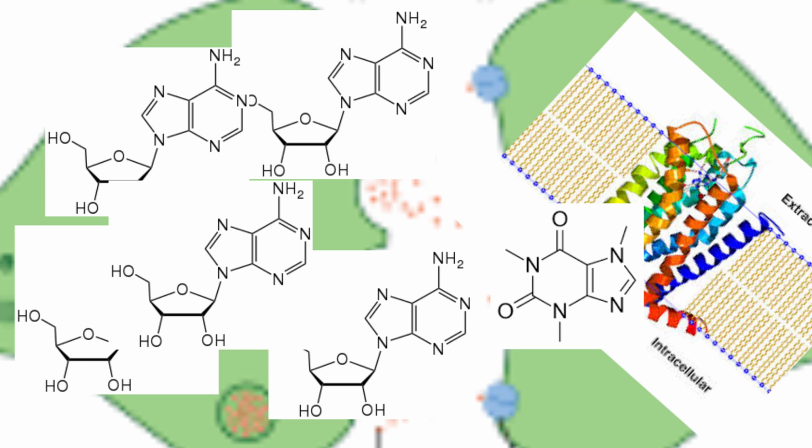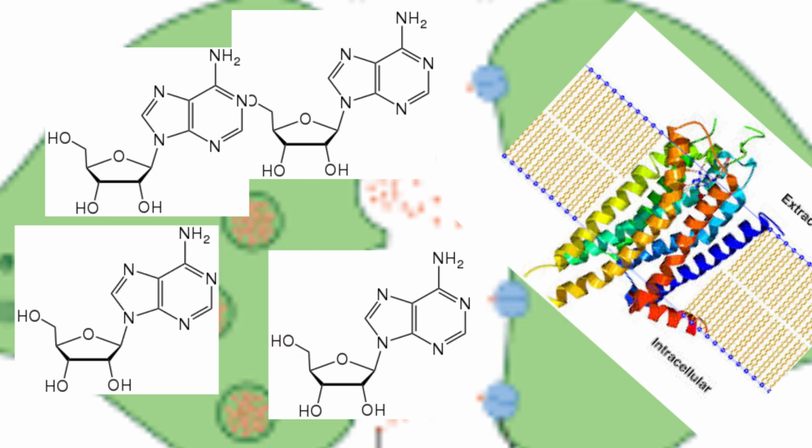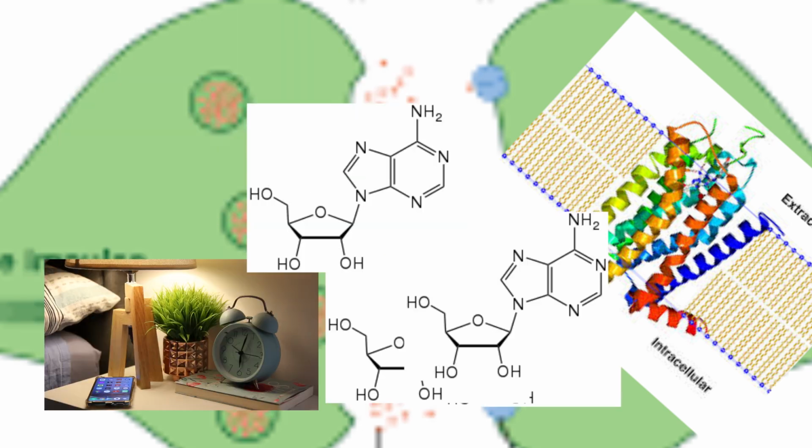Well, not really binds, but it just fits perfectly into the receptor, but just doesn't really do anything to it. But the adenosine is still being produced and is still being made by all your different cellular processes. So when caffeine eventually wears off, when the molecules are no longer doing anything, they denature or they just go off and end up getting excreted by the body, then all the adenosine that's built up is going to rush into all those receptors. Your cells are going to get super sleepy almost immediately, and that's how you get the caffeine crash,